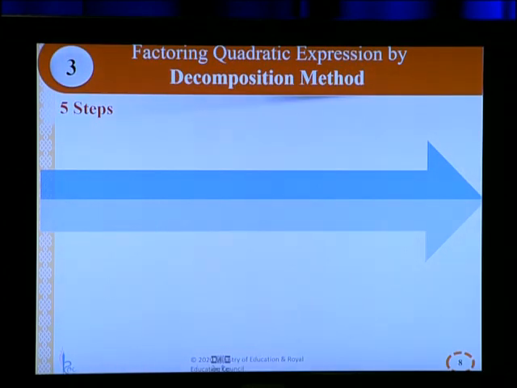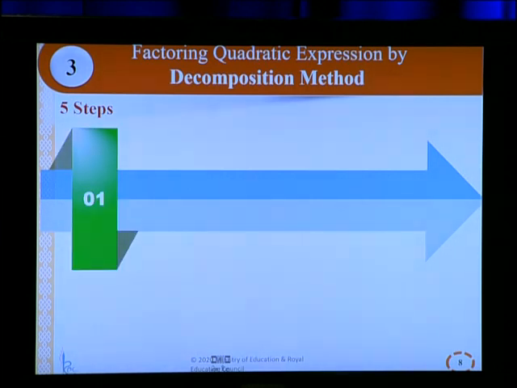Now, next we have is factoring a quadratic expression by the decomposition method. So, there are 5 steps. Have a quick look at the steps. First, we have to rewrite our given equation in standard form, that is ax square plus bx plus c form. Next,